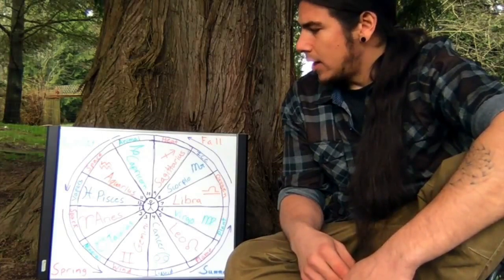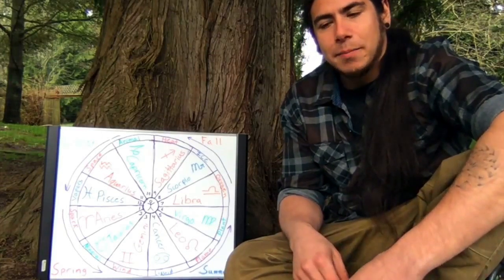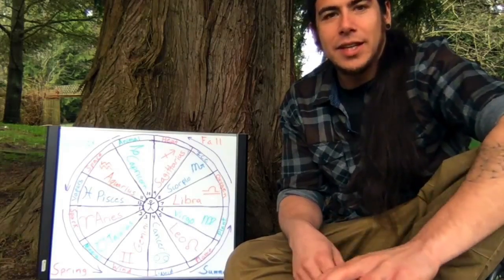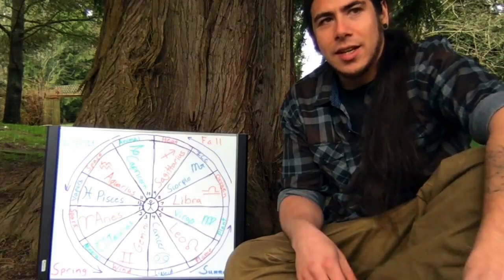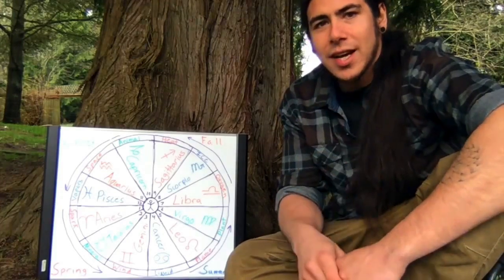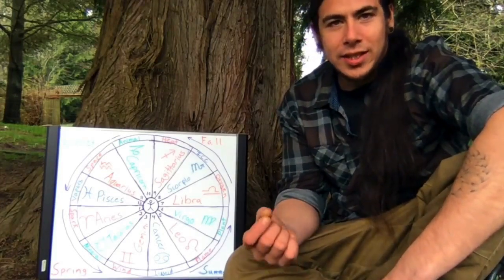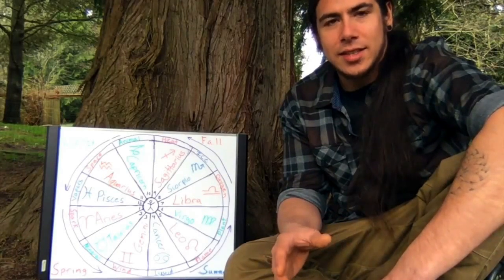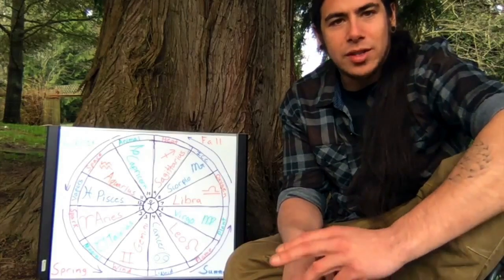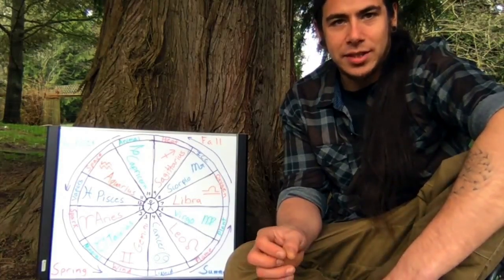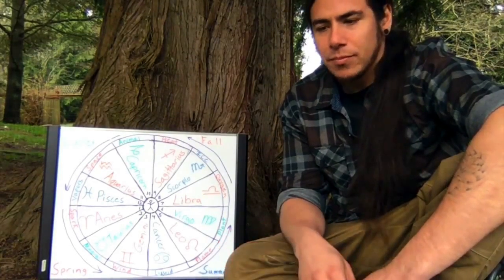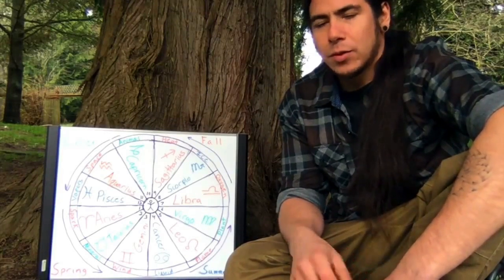So the way to understand the signs in a way that you can actually apply it to nature and see it moving and living in nature: these qualities of the signs, they're embedded and they move throughout nature and the elements. So each sign is one of the elements in its unique expression. That's a way you can understand the signs in a different way. You can kind of throw away everything you've read about Aries and Taurus and Gemini and just look at the elemental expression of that sign, and it'll show you everything about that quality and that archetype. So it really brings it to life that way.